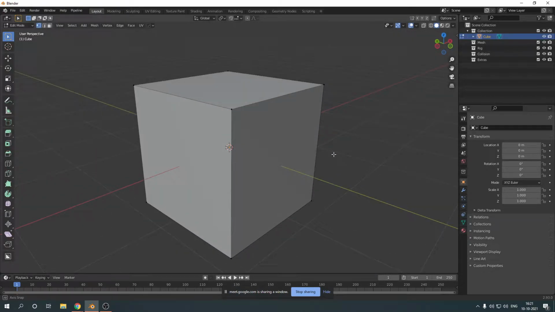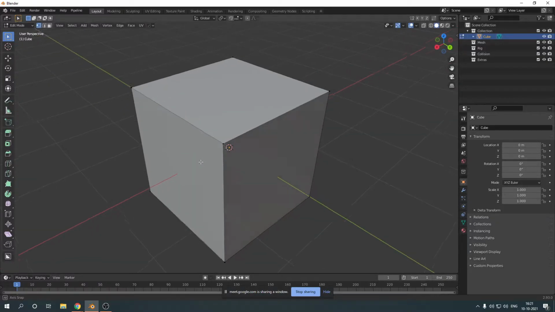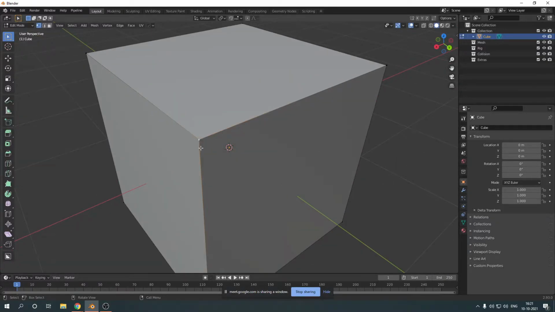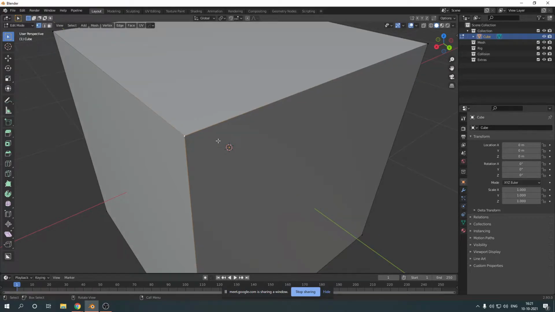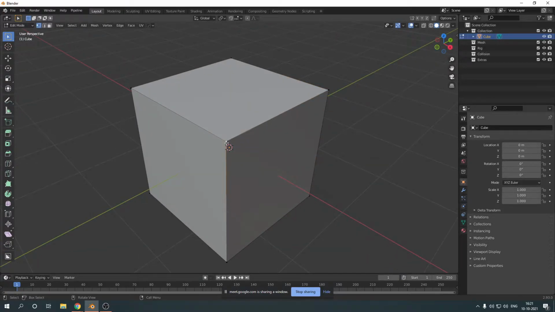So this is how we edit our geometry in Blender. This is a vertex. We all know what a vertex is, basic maths. And I can select this vertex because right now I'm in vertex select mode. There is edge select mode too, and there is face select mode too. And by the name, basically you can press 1, 2, and 3. Not the numpad 1, 2, 3, the 1, 2, 3 above your keys, like alphabet keys,